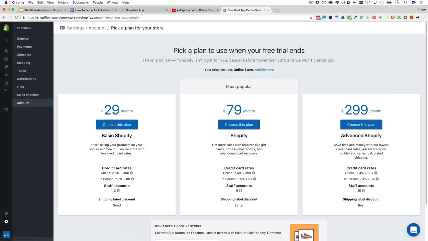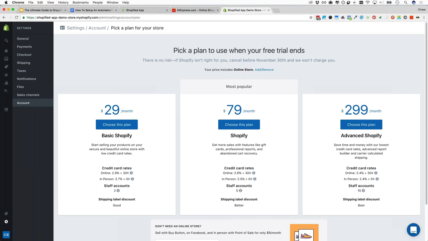And you can choose whatever plan you feel is best. The things to note about the plans, if you're just starting out, maybe you want to choose the $29 a month plan. You do have higher rates that they charge you per transaction, 30 cents plus 2.9%. On the $79 a month plan it's 2.6%, and 2.4% for the $299 a month plan. Again, this is kind of expensive. Maybe you don't want to spend that much starting out. At some point, though, if you become more successful and you start selling more, it definitely makes sense to go up to these higher plans,